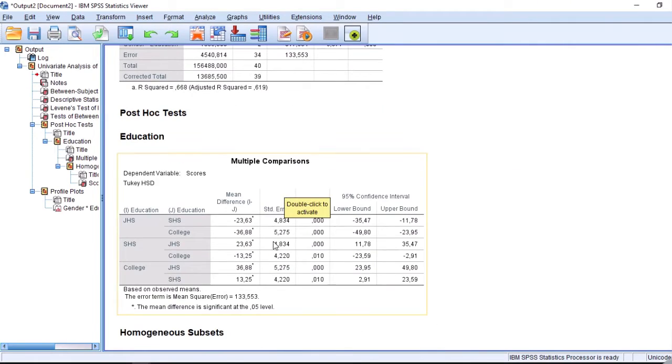And this is the Tukey post hoc table. The Tukey post hoc table is used to assess which categories of the education variable have significant differences. And here the significant differences are marked with a star. As you guys can see, the star after the number in the mean difference from the table. All of them are marked with a star, meaning that all of them have significant differences.